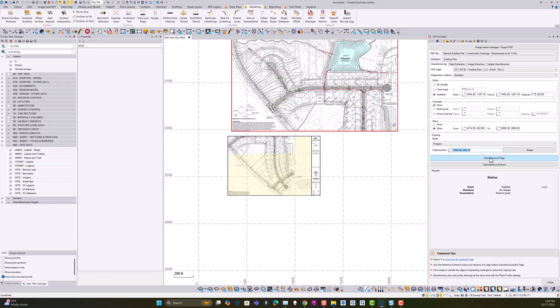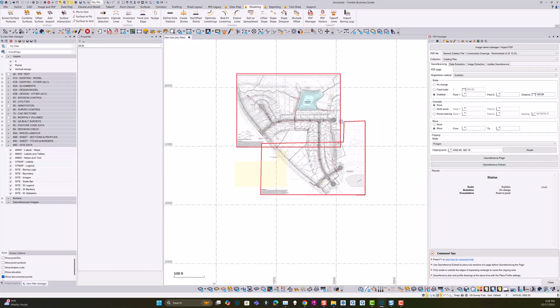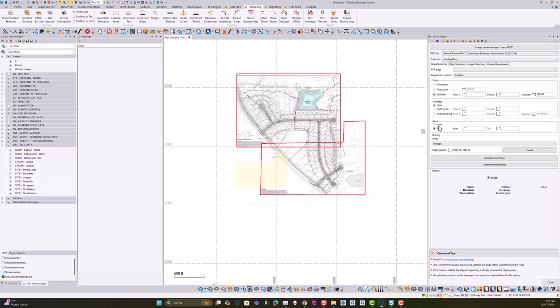So what I'm going to do now is use the georeference function. It places and locates it, and you can see I didn't get it quite right, but at least I've now got the right number of points in this polygon to fix it. So now I'm just going to make sure my near point snap is turned on, and then I'm going to go to our smart edit function from the header bar here,